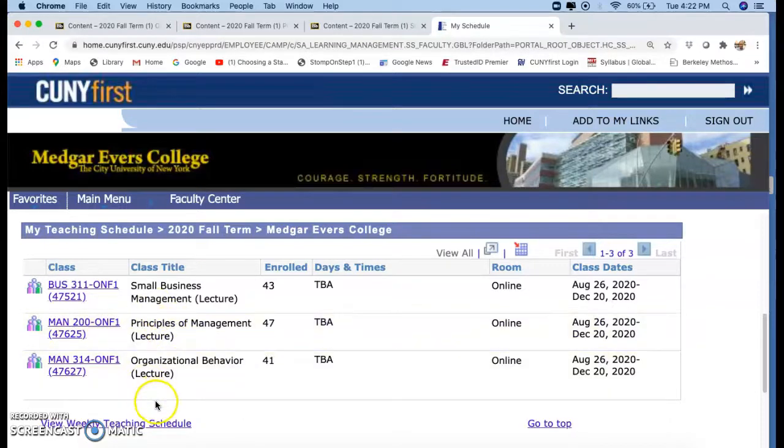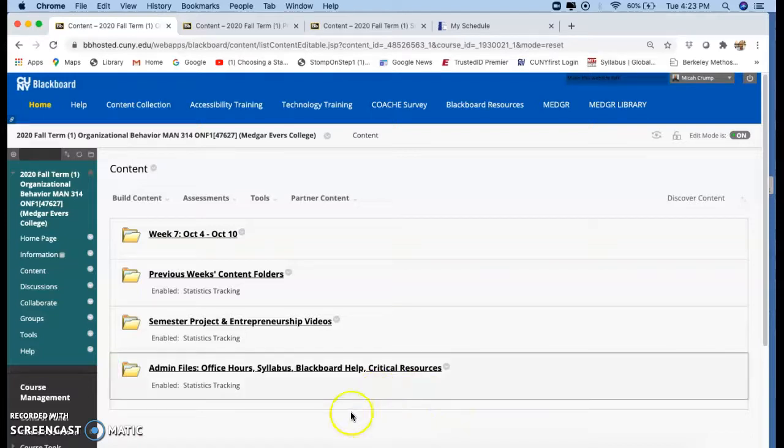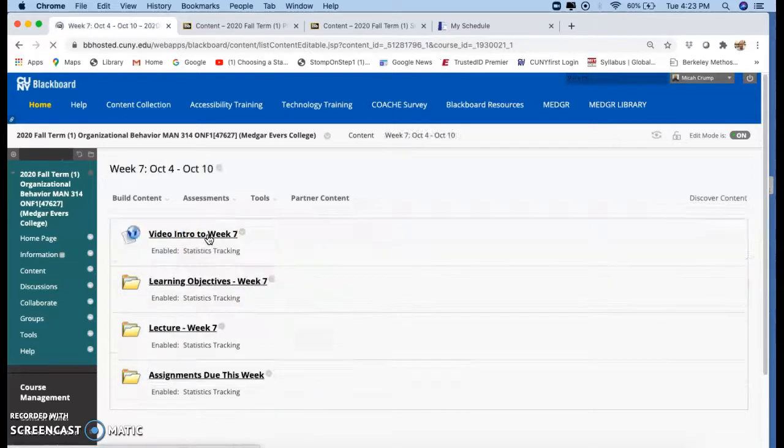So these are the three courses that I teach right here, and this is the number of students that are in them. And the reason why I'm showing you that is because it's really going to matter when I show you student engagement. But first, all of my courses right now, I'm a work in progress. And so at week 7,